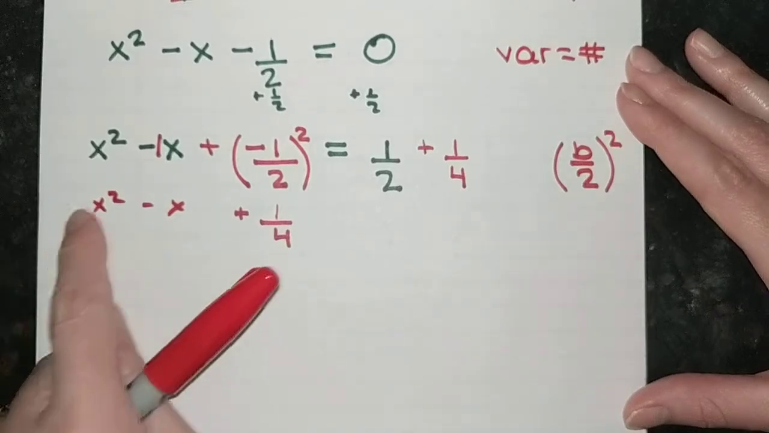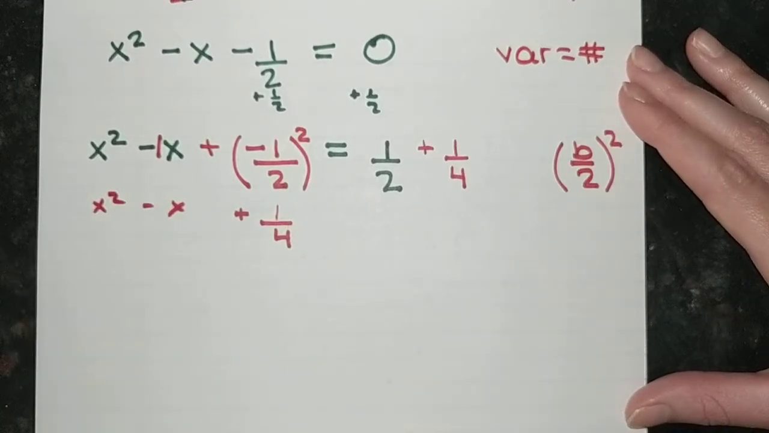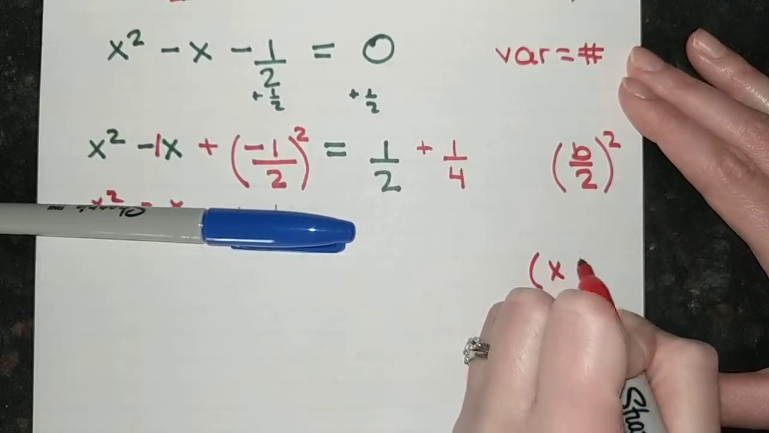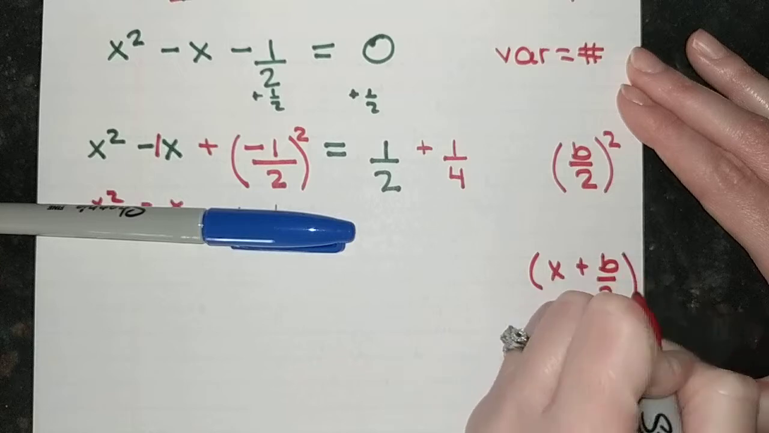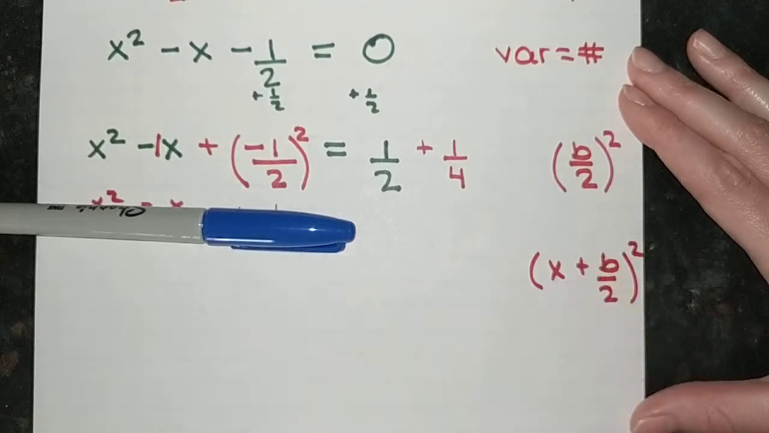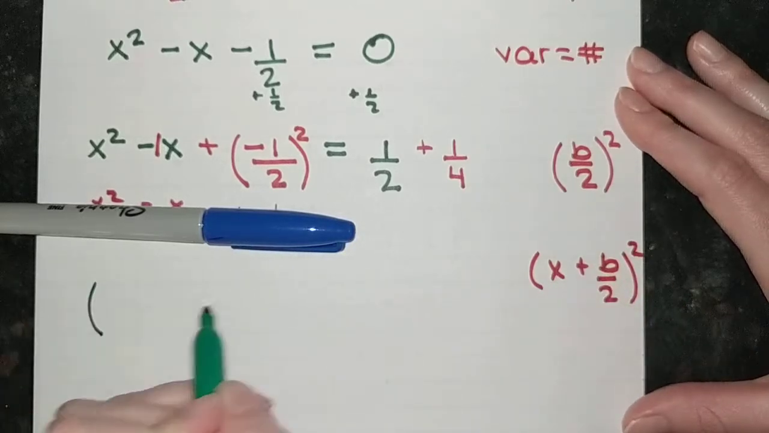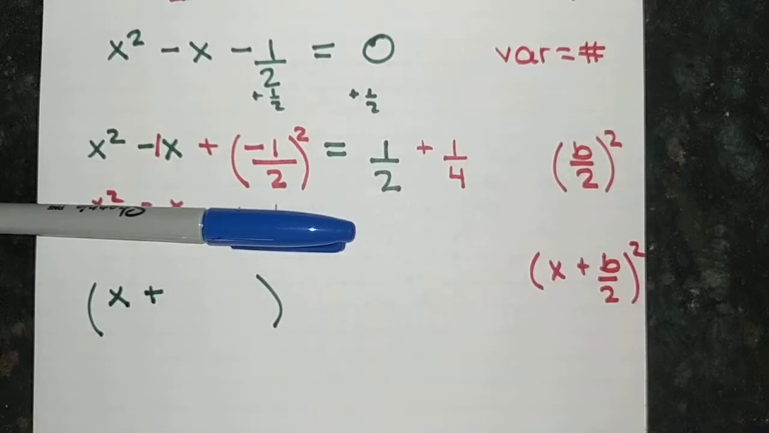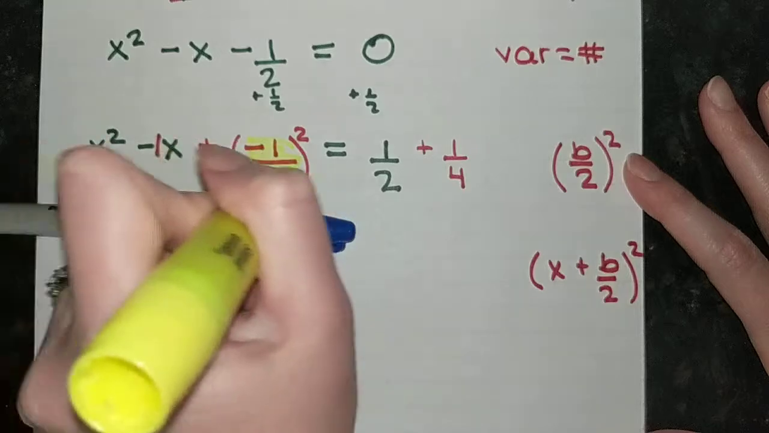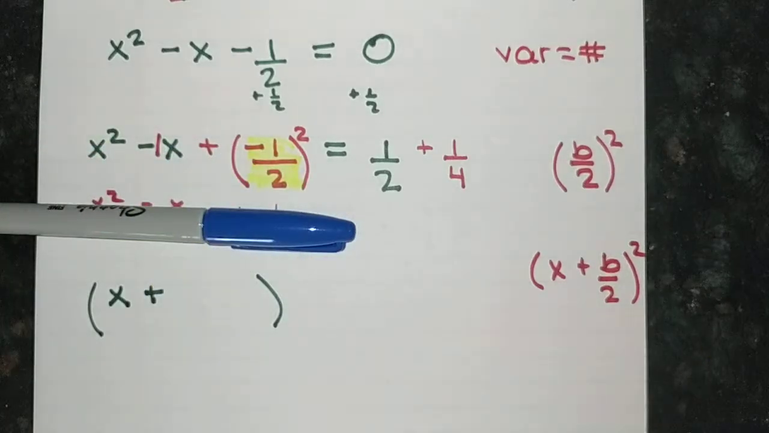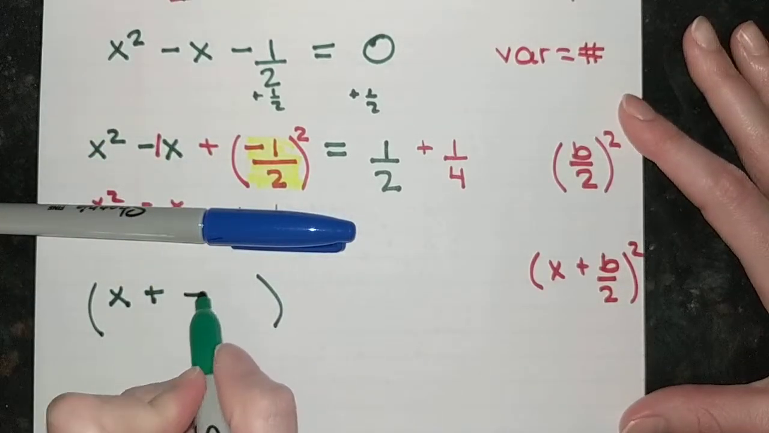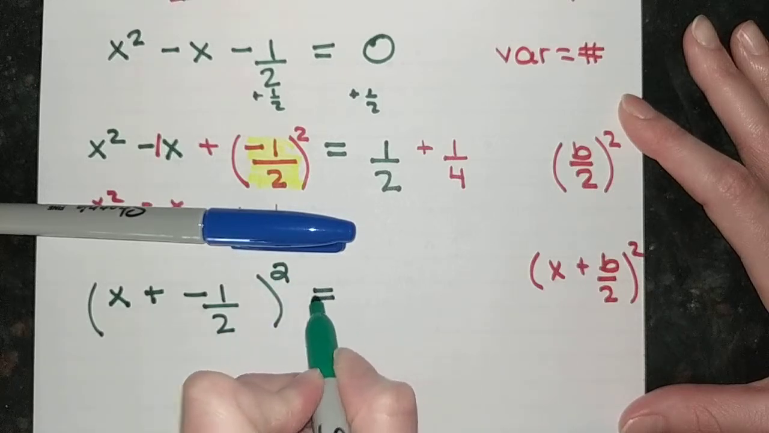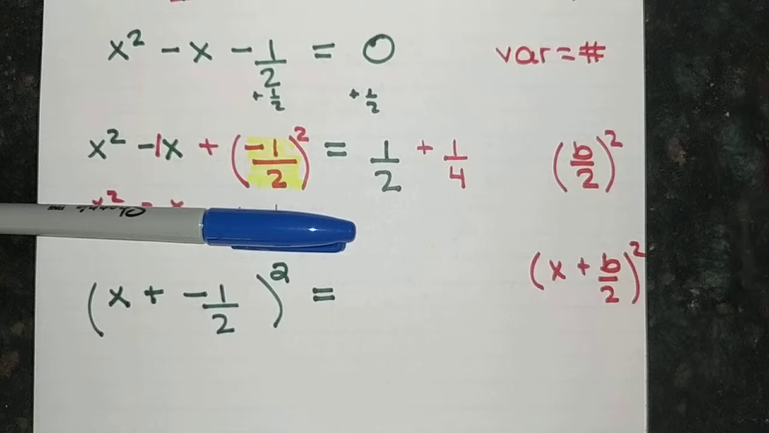Okay, now I will go ahead and write this out like you have x squared minus x plus 1/4. But remember that this perfect square trinomial can be factored without going through that. It can be factored as x plus b over 2 quantity squared. So the easiest thing to do would be to say, okay, this is going to be x plus, and we notice here that our b over 2 is this -1/2. So it's going to be x plus -1/2 quantity squared equals,